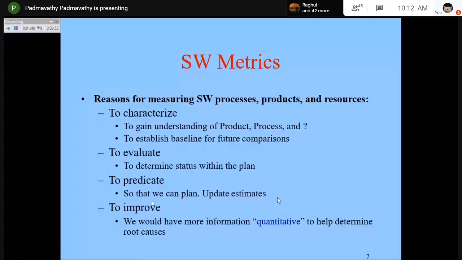And to improve, you would have more quantitative information to help determine the root causes. So other than just finding out where you are standing, also identify the main source of why you didn't score better in CAT 2 when compared to your friend. Find out the root cause, and then you try to solve it, because you spent more time during the weekend in the malls. Maybe your friend did not spend more time in the malls. He visited only once a month, but you have visited every week. That is the difference. That is the root cause. So you just cut visiting the malls before your CAT exam. So you find the root cause and you try to give a solution.